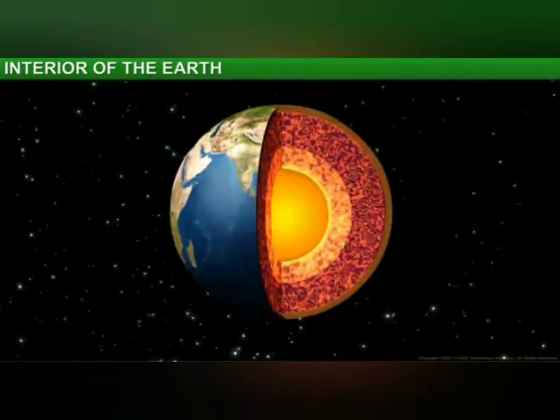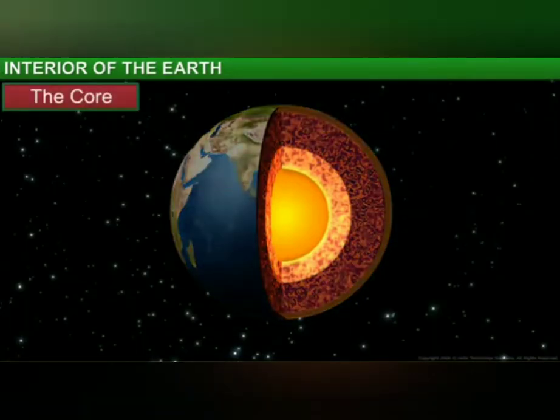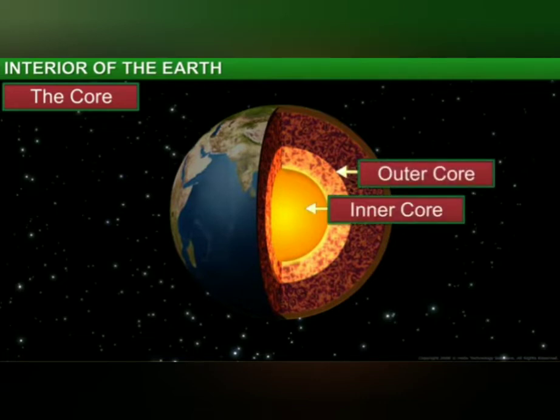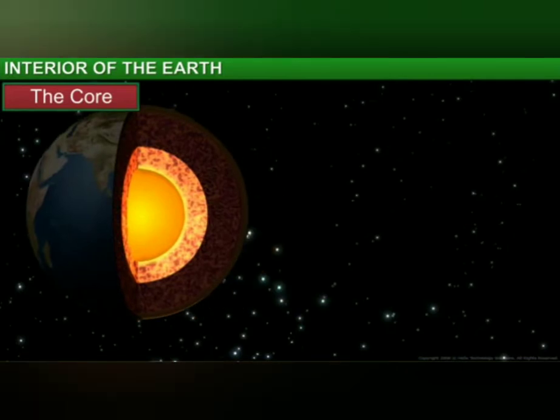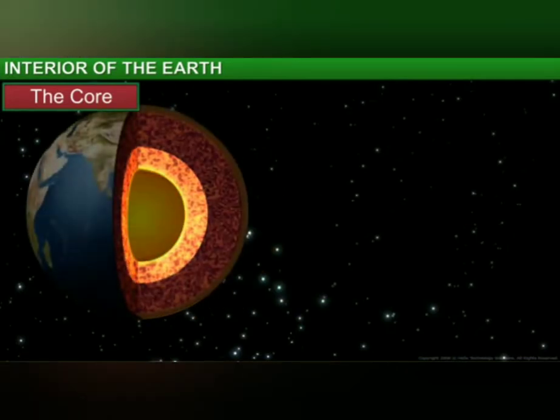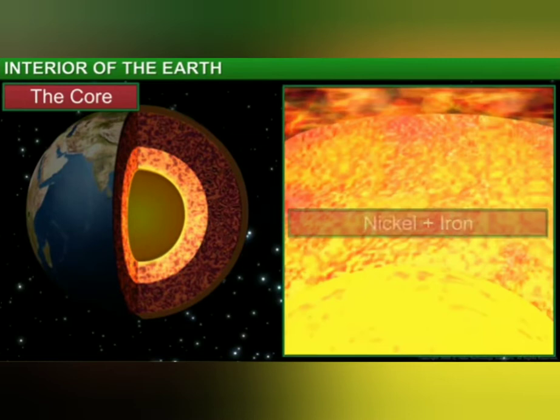Finally, as you go deeper inside the Earth, you come to the core. The core consists of an outer core and an inner core. The outer core lies just below the mantle and is mainly made up of nickel and iron. This combination gives it the name NIFE. The materials within the outer core are in a liquid state. Considering how high the temperatures in the outer core are,